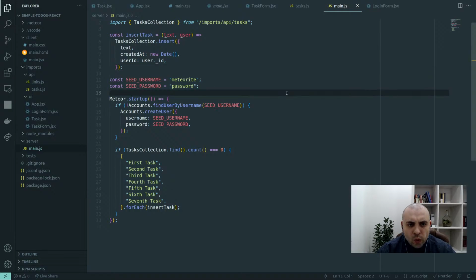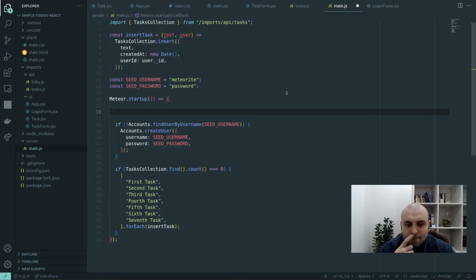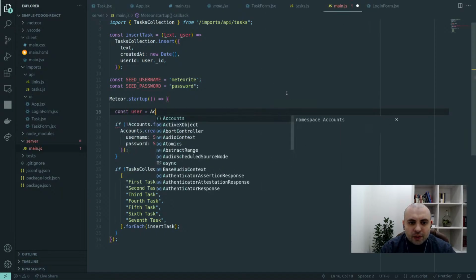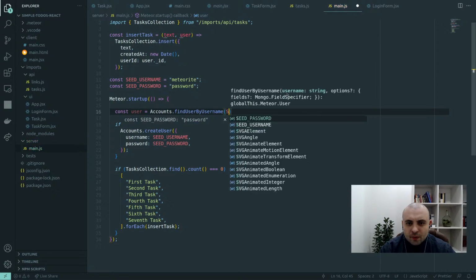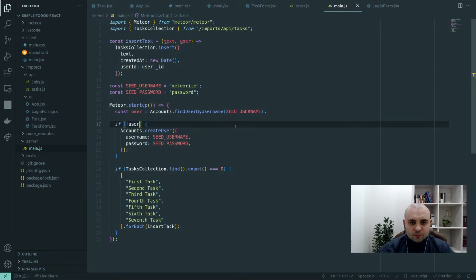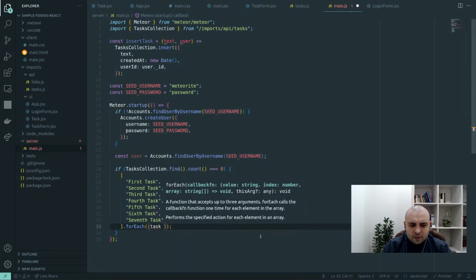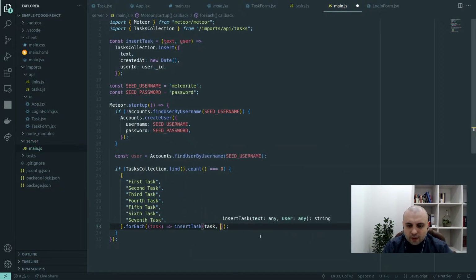Const user will be accounts, find by username, set username. Okay, sorry about that. So if we don't have it, yeah, this doesn't make a lot of sense. Sorry about that. Yeah, probably we should put it here. Yeah, it's ugly, but what to do? Okay, so here for each task, we'll have the task and we'll be calling this insert task with the task and the user